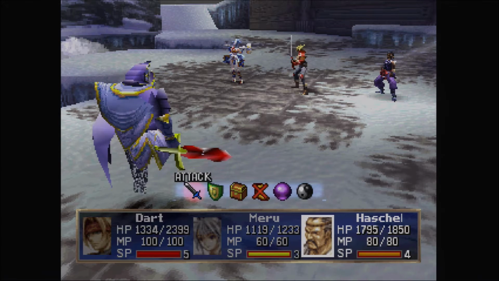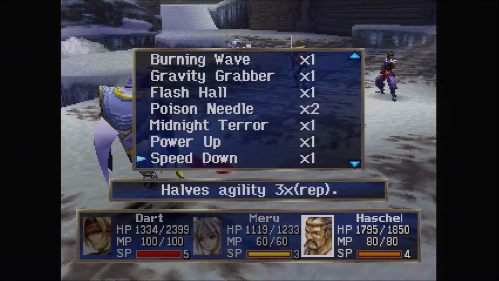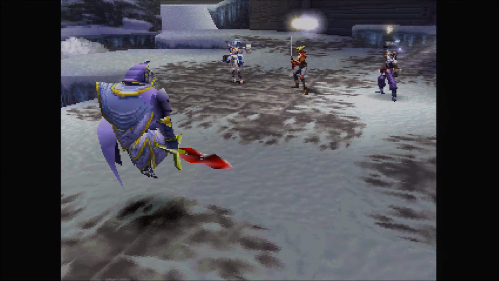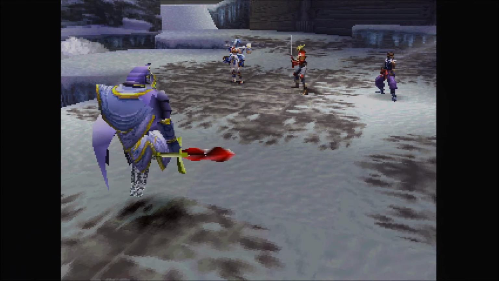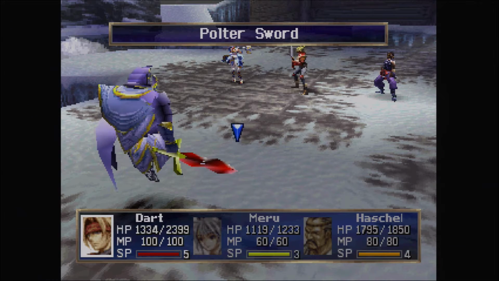I'm missing a bunch of health on Dart. Weird. I don't know why I decided to enter battle at half health, but hey, whatever. Apparently it wasn't a big deal because I didn't die, so there's that. All right, so I'm going to power up Dart immediately. I think...